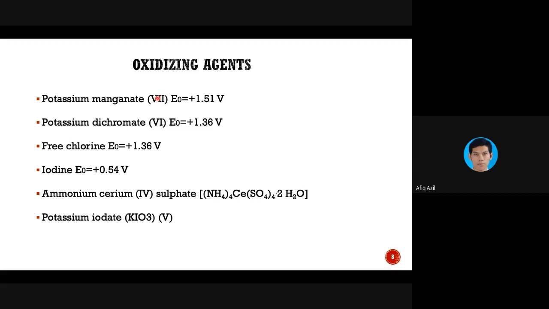This one is 7, and over here we have this E0. This is what we call the redox potential, the ability of this species or chemical to accept or give out electrons in the redox reaction. A higher value means it is more readily available for the electron transfer. So this one, potassium dichromate,